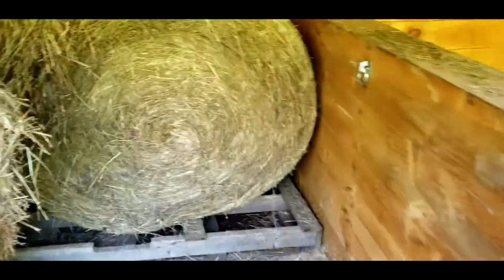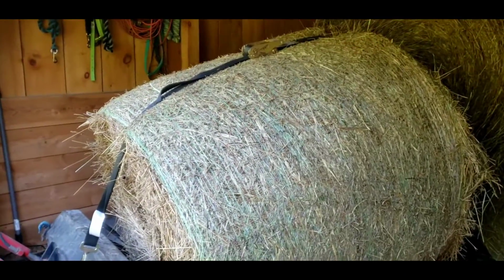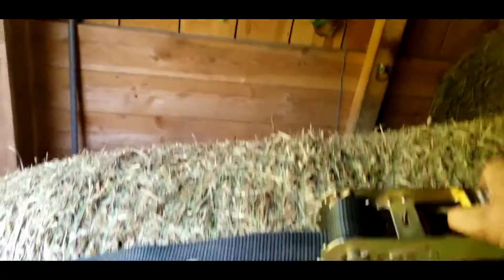They're just wide enough where they don't fit side by side. I was hoping that they would go three wide. But with these 4x5s, no. Definitely with the normal 4x4s that we get, I think we'd be fine. But anyway, what we're doing, putting them on pallets. There are rubber mats down too, but we had the pallets, so why not be extra careful? And just drove it in real nice. And once you get where you're going,